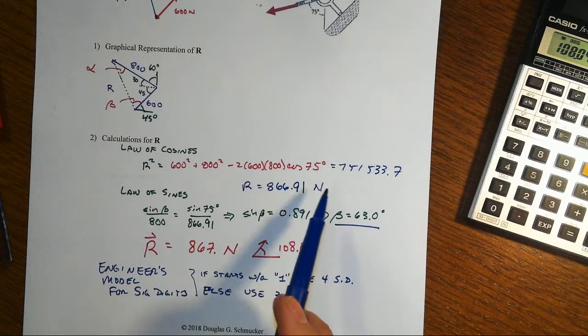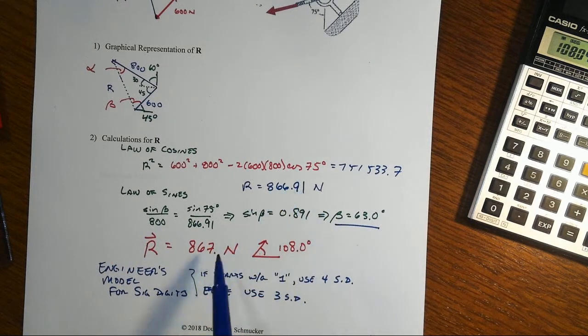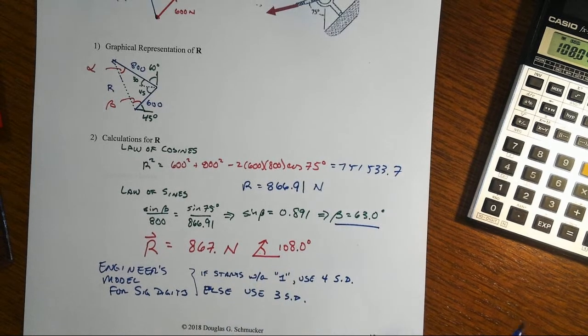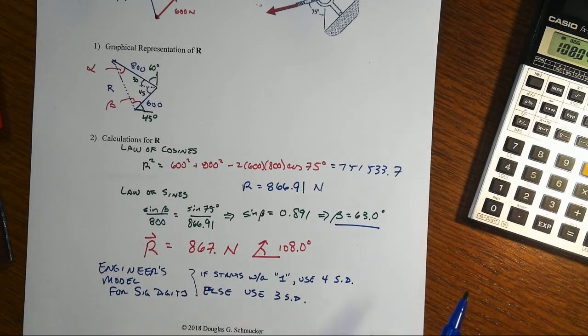So 867, right? We round the 866.91 up to 867, put the little decimal to indicate it's not exactly 867. And then here for the angle 108.0, even though there's a 0, I go ahead and include 4 digits. It's as simple as that. It doesn't matter what I start with, doesn't matter whether I'm doing subtraction or